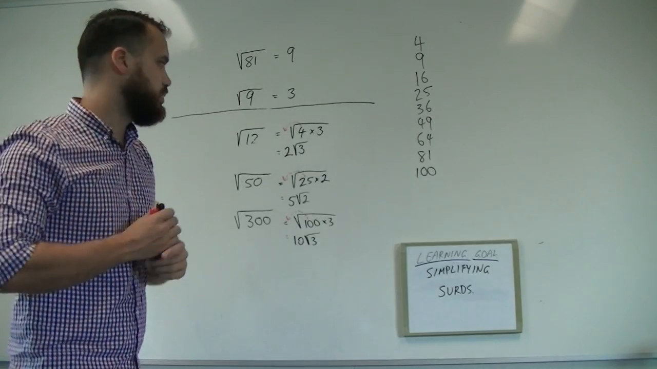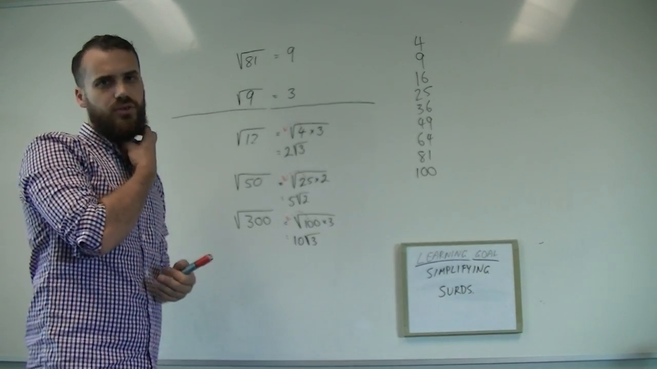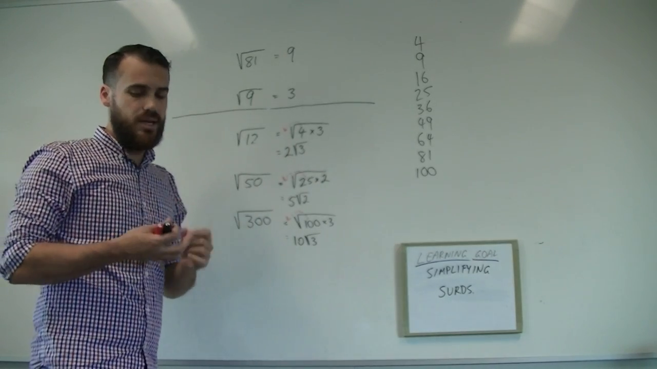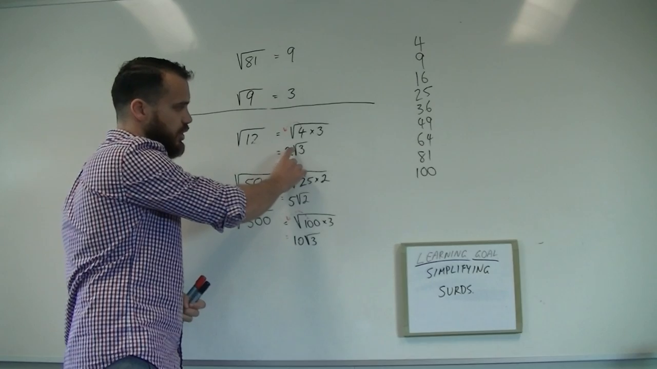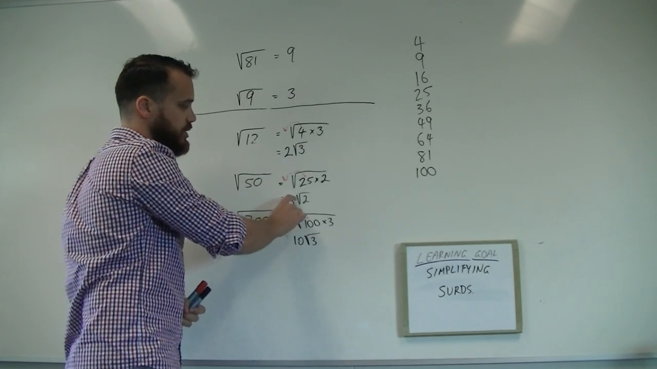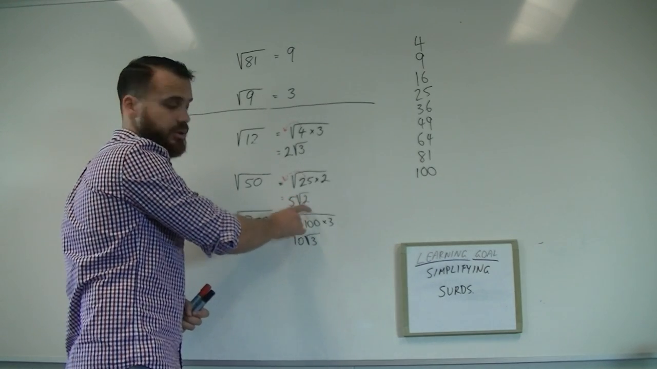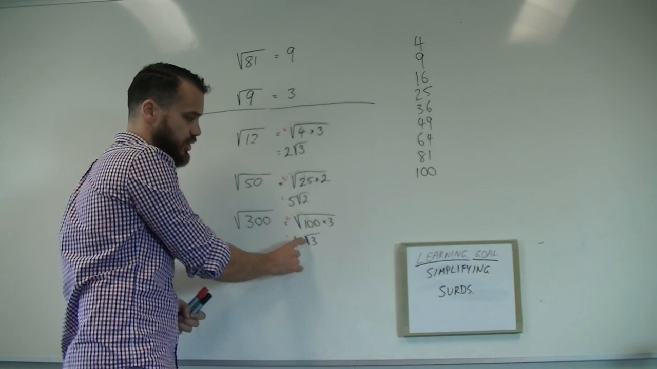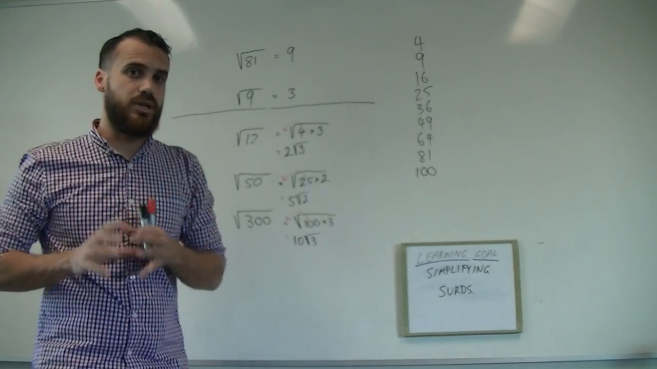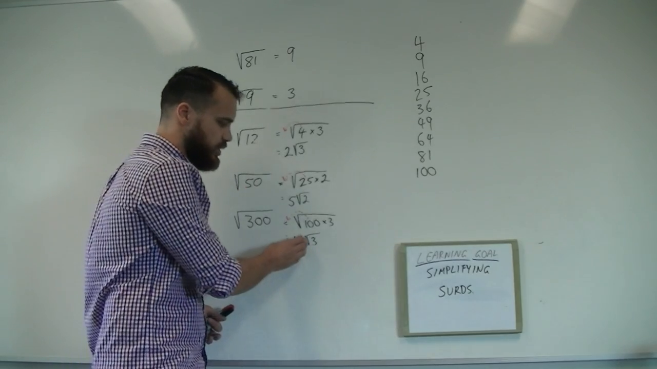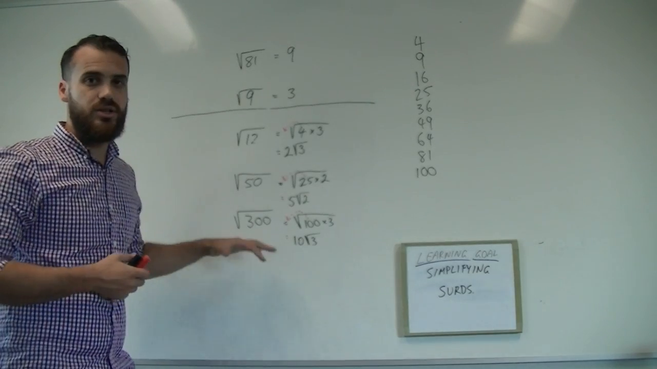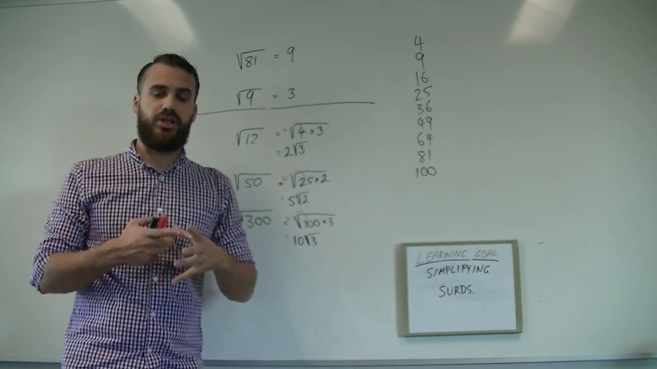Now one last point before we finish off, you'll get reminded of this in future videos. 2 root 3 actually means 2 times root 3. This actually means 5 times root 2, and this actually means 10 times root 3. There's a multiplication sign there, but we just don't put it in. It's nice and neat if we don't bother putting a multiplication sign in there. Okay, there's simplifying surds. We might run through some other ones that are a little trickier in a